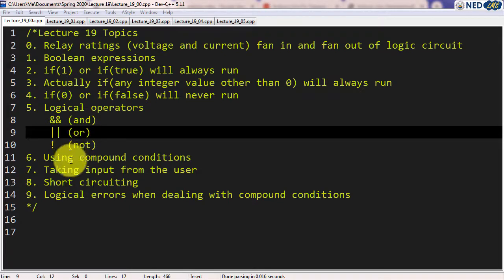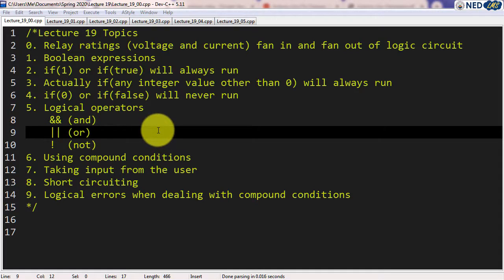We will also discuss short circuiting when dealing with compound conditions, and we'll be trying to watch out for logical errors, which are actually not compile time or runtime errors, when we are dealing with compound conditions. But first, before discussing all these topics, continuing from lecture 18, let's discuss the relays and their